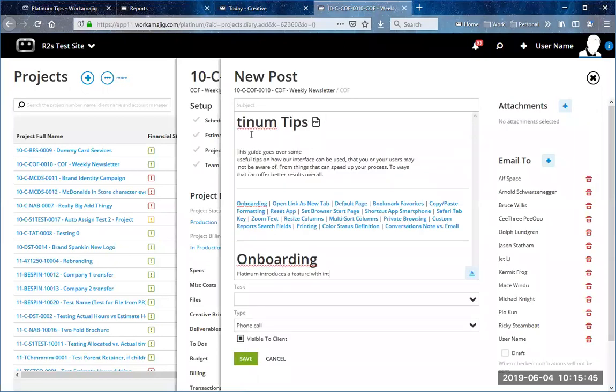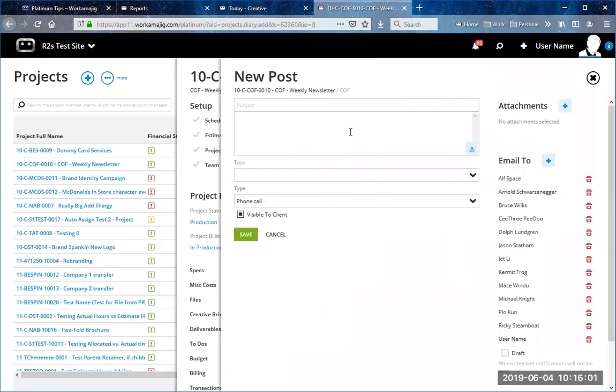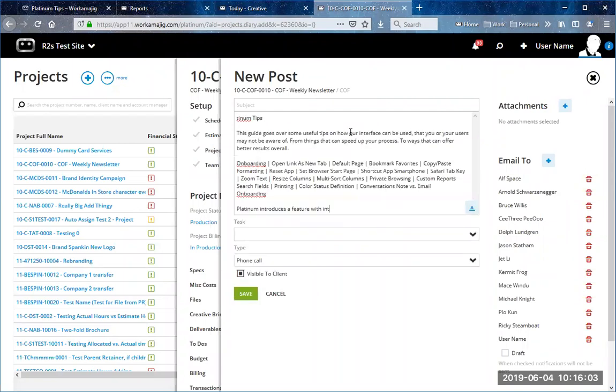Well, notice how all the formatting is there. There's bold, there's blue hyperlinks, there's all kinds of things in there. So that may not translate well when you save it and the system tries to email your users. So one tip you can do, let me back out of it. If I'm creating a new conversation, in the body, when I click Control-Shift-V, now it's just all plain text. So it strips out all that formatting of HTML or whatever you're copying from, and just puts the plain text in there. And this tends to be a little bit more digestible